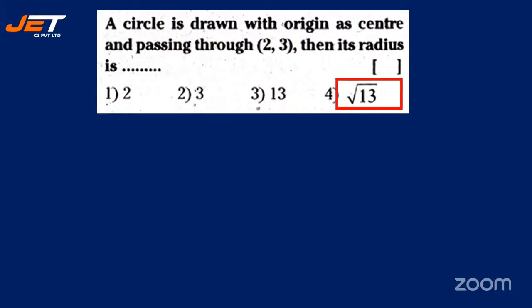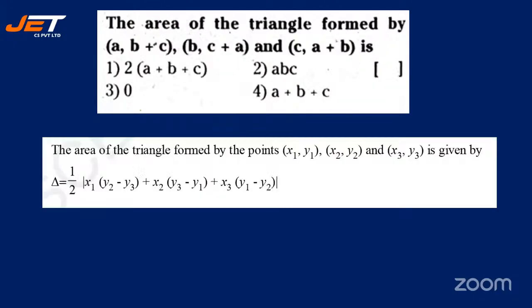All right. Yes. Now, the area of the triangle formed by A, B plus C; B, C plus A; and C, A plus B is dash. So you can use this formula actually. Let's try working it out. I think we did one sum like this yesterday. Let's try. This is x1, y1, x2, y2, x3, y3. Isn't it? Yeah. So now half into